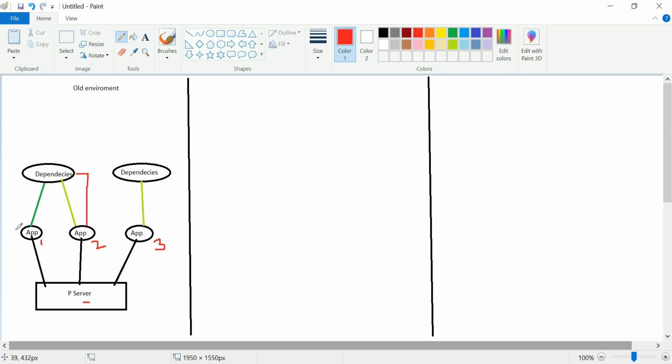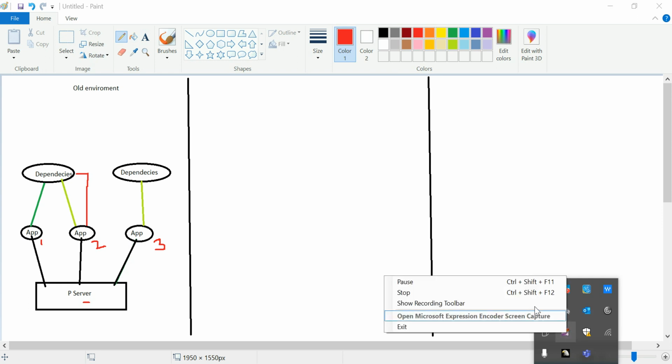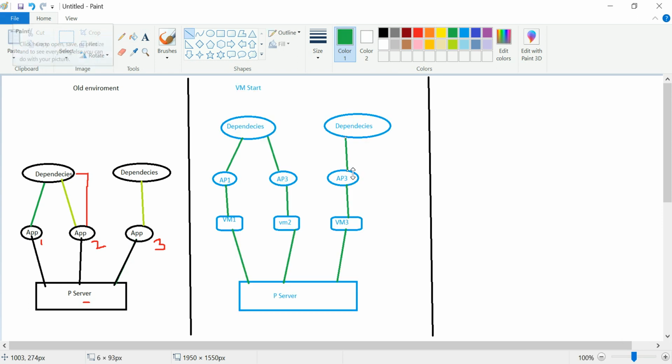So now we are in the VM environment. Let's move to the next phase, that is called the VM environment. After the old environment, we came with the virtual machine environment, or you can say evolution. In that evolution, we have a good physical server.